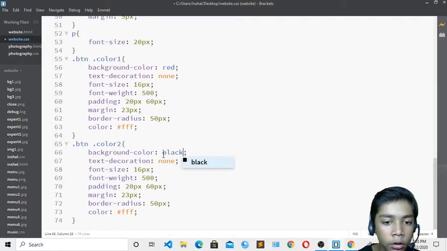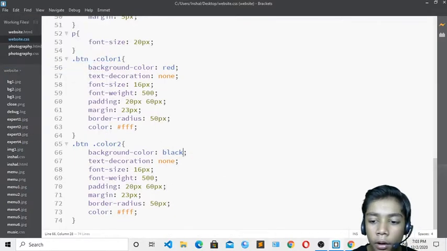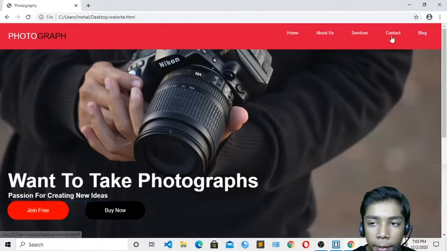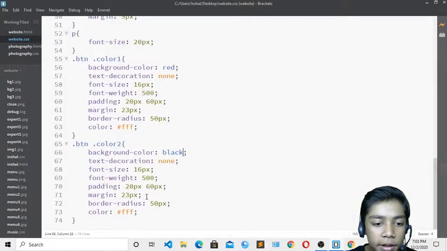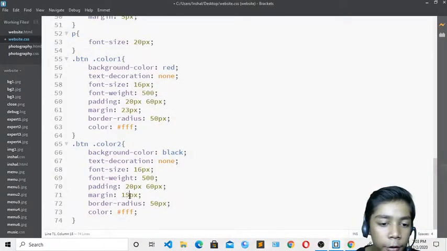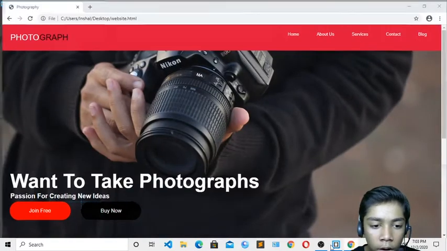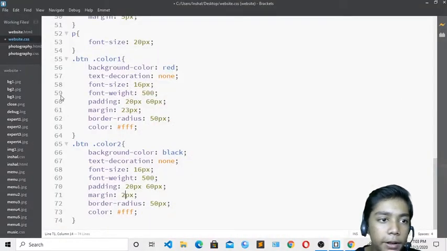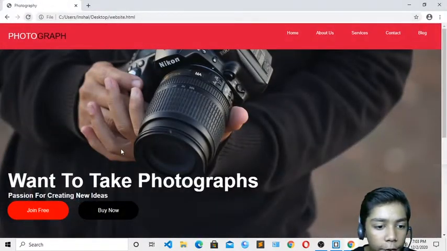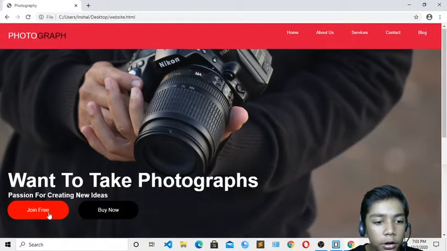Now I will save, and come over here, and here you can see my button is also in black, and I will change the margin to like 15 pixels, that is enough. Save, and now it is also too bad. So save again over here. Now if I do it to 2 pixels and save again, here it is good. Refresh that. So now we have also designed our buttons.